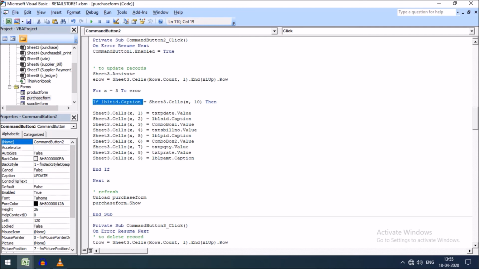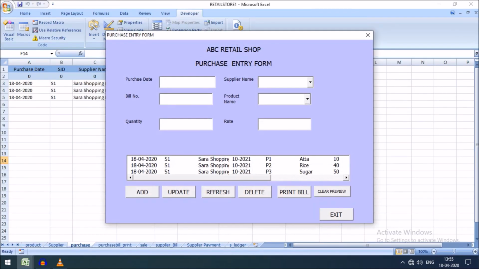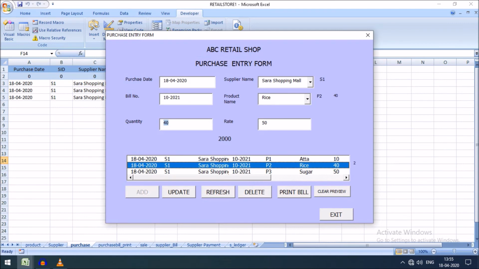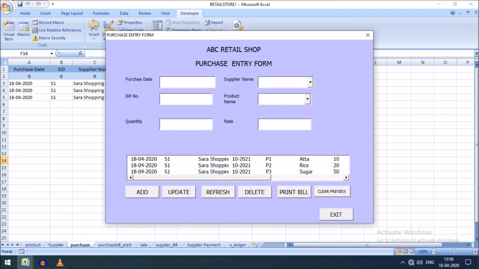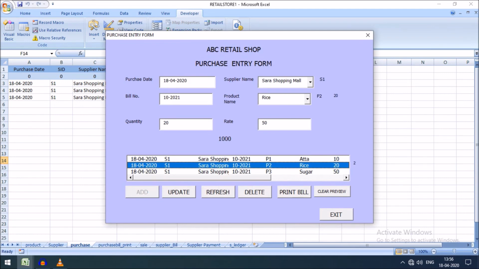Thus friends, I have concluded the if statement here, and I have also concluded the for loop with next. Then I have refreshed this. Thus friends, updation is taking place. Whenever I update anything, it is being updated. Click on update, it has been updated. You can see 1000.